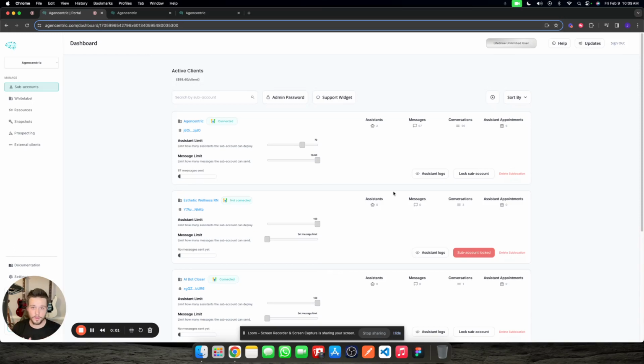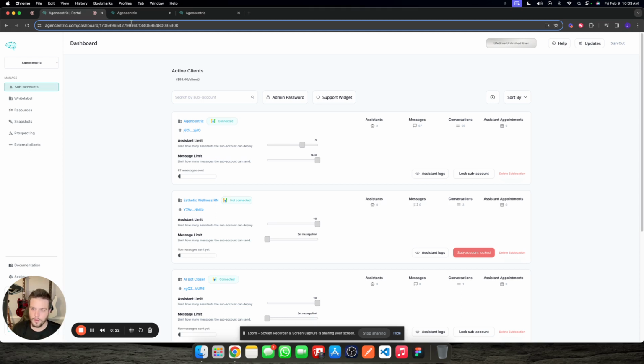I am so excited to show off the brand new and improved Agencentric, which will be autonomous AGI deployments into your high-level agency, as well as white labeling it to external deployments, as well as internal deployments to your sublocations or to your clients. So I'll show you a little bit around the platform and show you what this thing